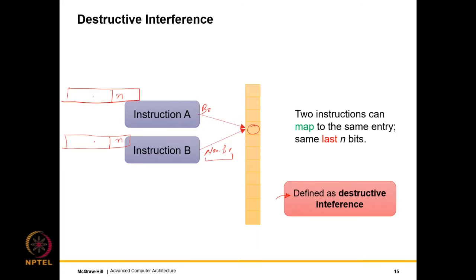So then when we see the status of this instruction, we'll again convert it back to branch, but next time a non-branch may come, it will read the status as branch, it will again make a mistake, it will again change the status to non-branch. If, let's say, the non-branch instruction keeps getting fetched, there's no problem, but the moment we fetch the branch instruction that maps to the same location, we'll again make a mistake. So this is known as aliasing or destructive interference.